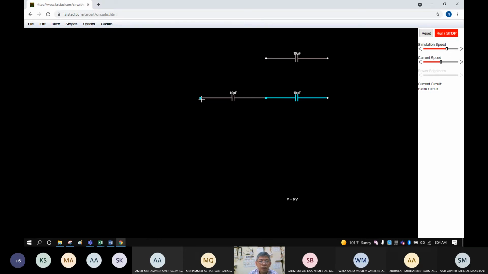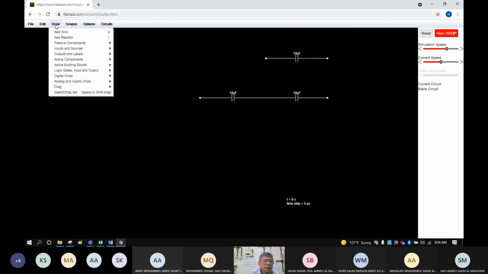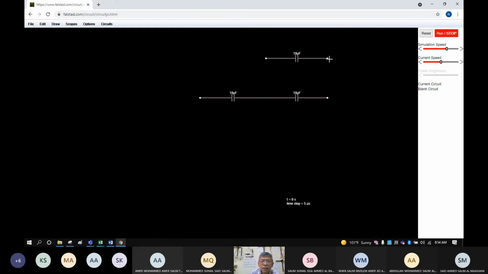This is now the capacitor 1, capacitor 2, and capacitor 3. So take note that here, there should be a resistor here. Okay, resistor 1 and then resistor 2 also. So this is our resistor 2.